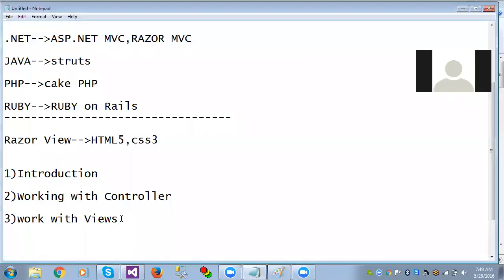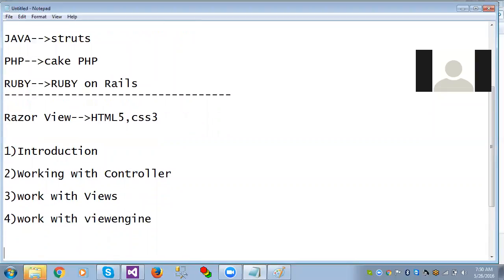So work with the views, and we need to understand the view engines. One is the ASP view engine, here we call it the view engine. Another one is the Razor view engine. So the way of creating the programming,